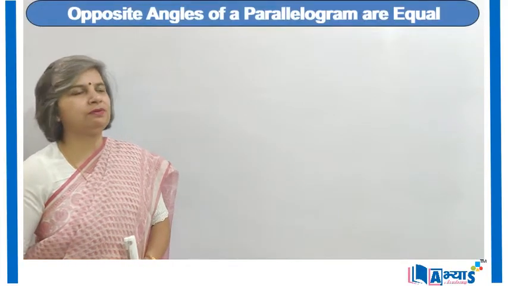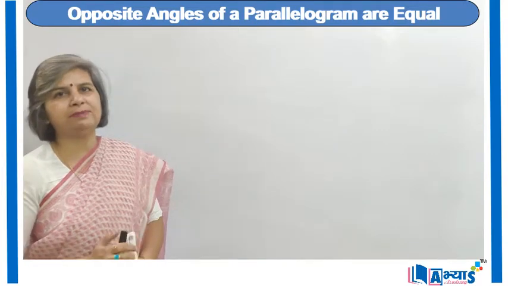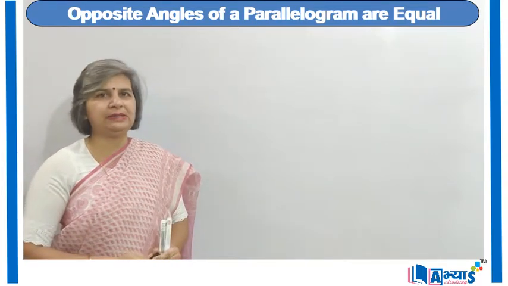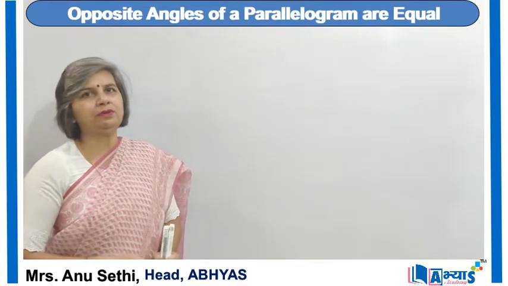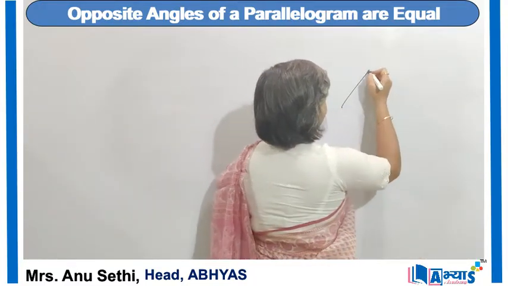Let us discuss the concept that opposite angles of a parallelogram are equal. That means if we are given a parallelogram ABCD, then opposite angles, that means angle A will be equal to angle C and angle B will be equal to angle D. That means if we have a parallelogram ABCD,